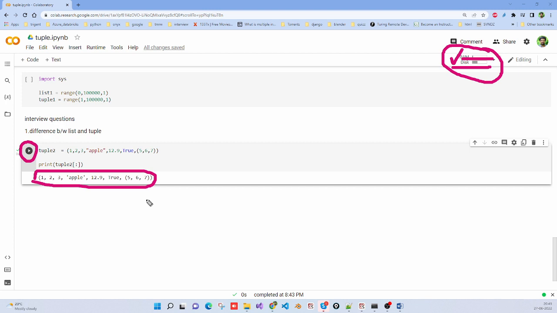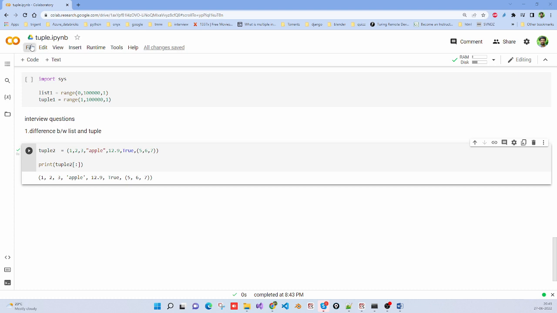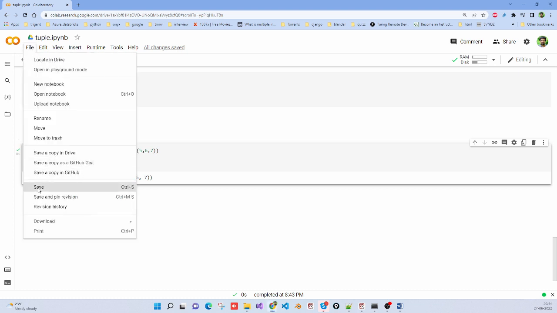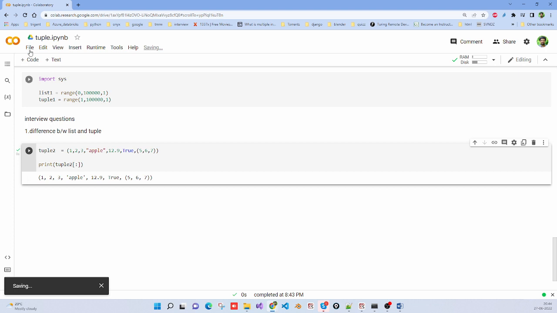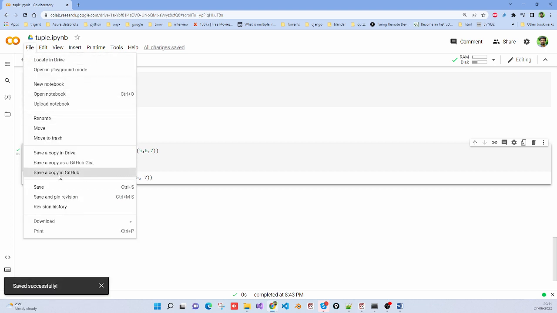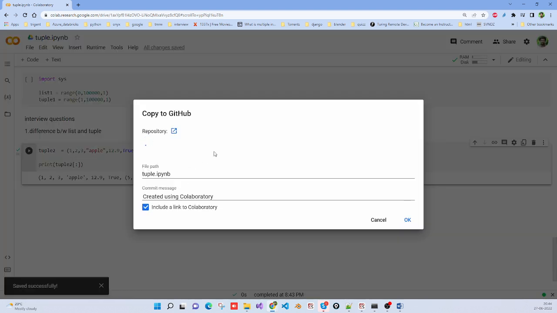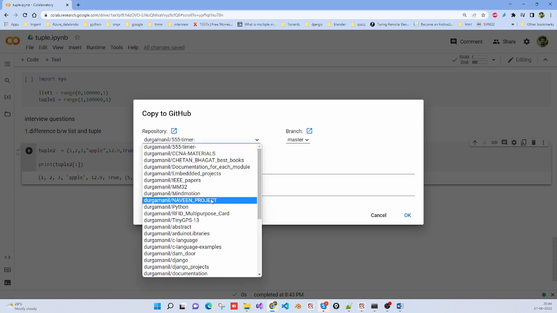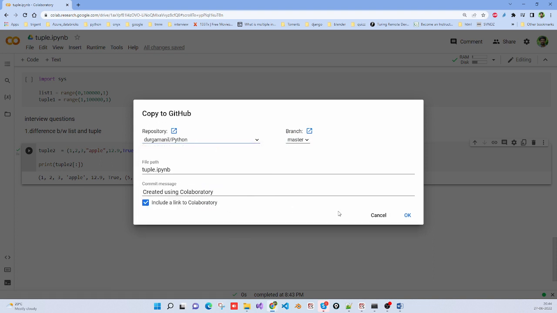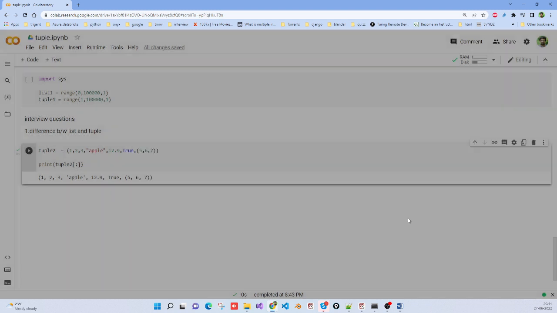Now if I save this, you can save it in Git directly, or you can save in a drive directly. Wherever you want, you can save normally also. Now I save normally. If I save in Git, here I am saving the tuple only. Now if you go to GitHub,